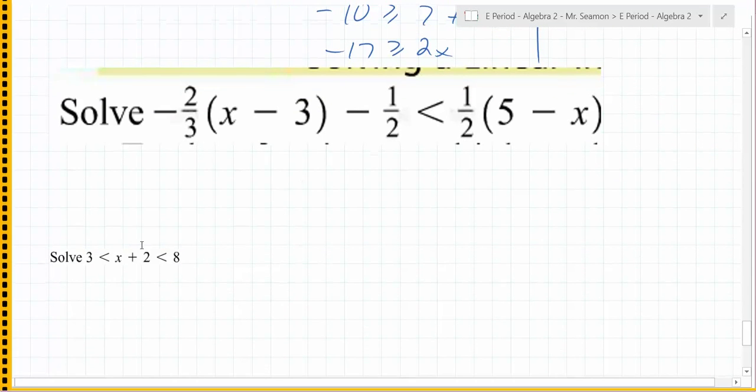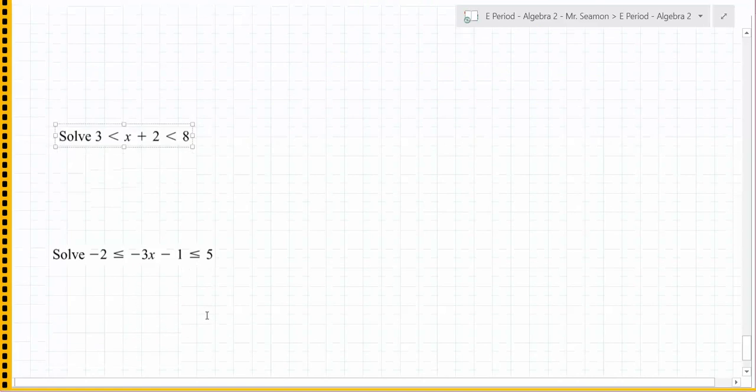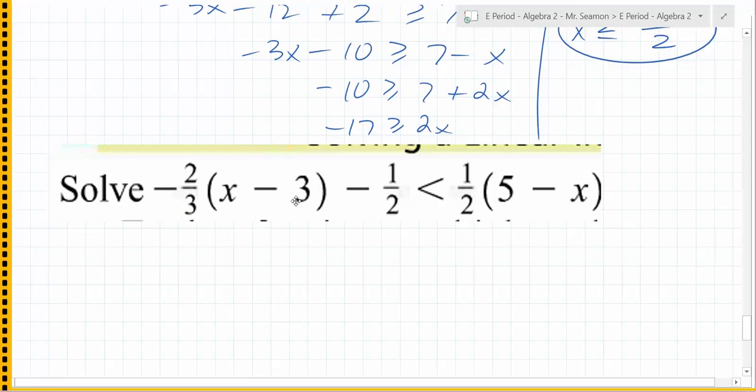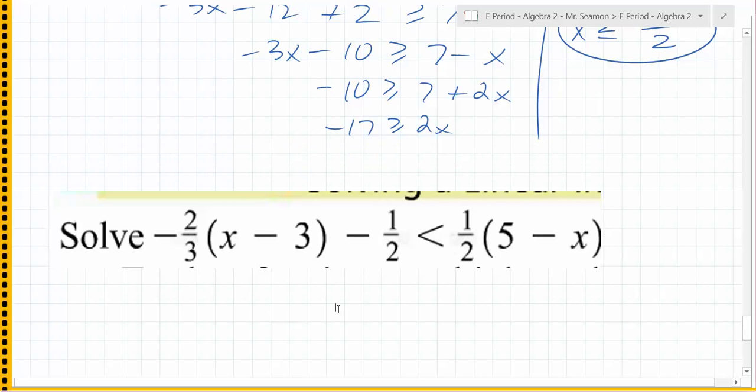Now on this one right here, we're going to start this. We're not going to finish it, but on this one right here, what would be a great first step? Anybody want to guess what a great first step